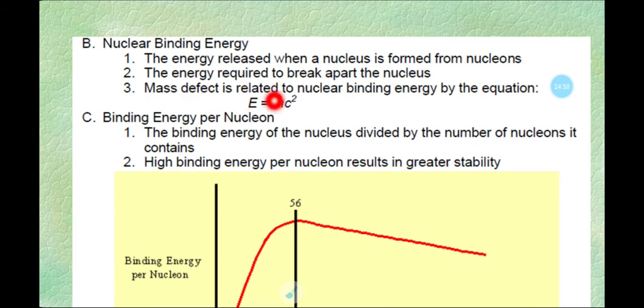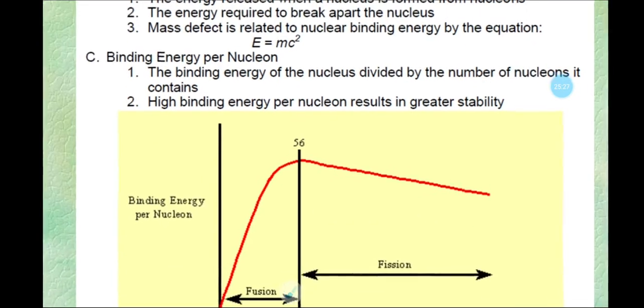So the mass defect is related to the nuclear binding energy by the famous equation E equals mc square. E is the energy, that much energy. m is the mass defect, which we know how to calculate. And c is the velocity of light or radiation. So the binding energy per nucleon will be calculated,